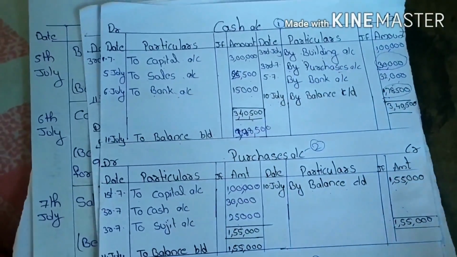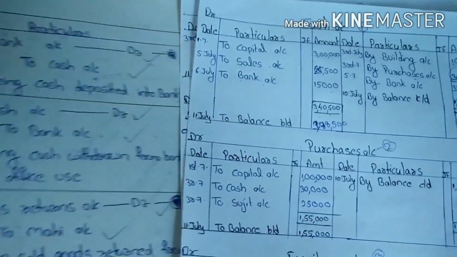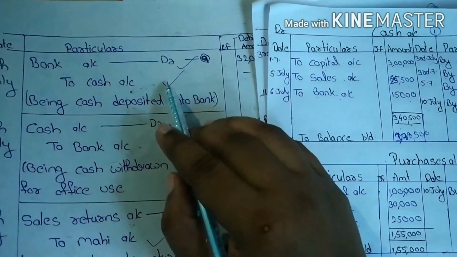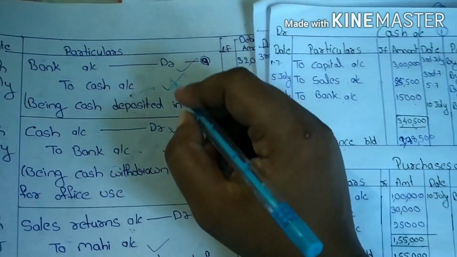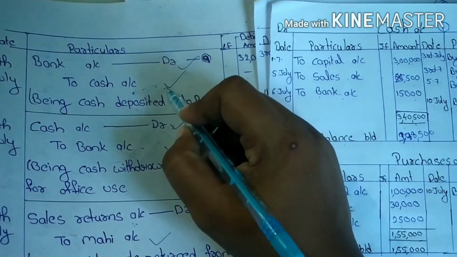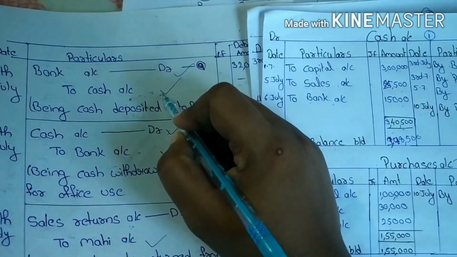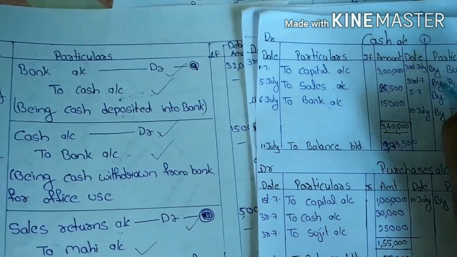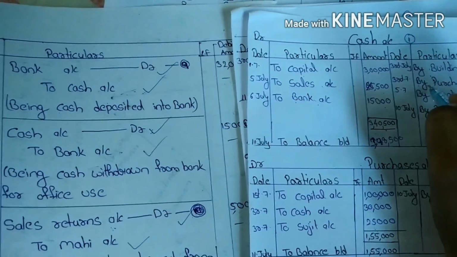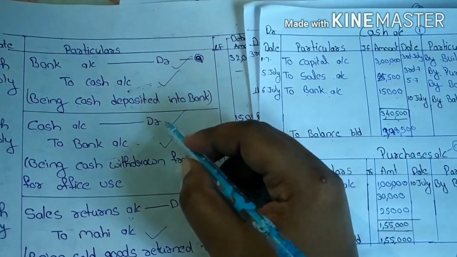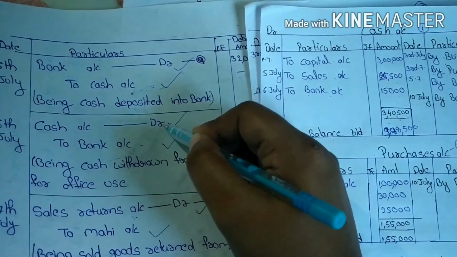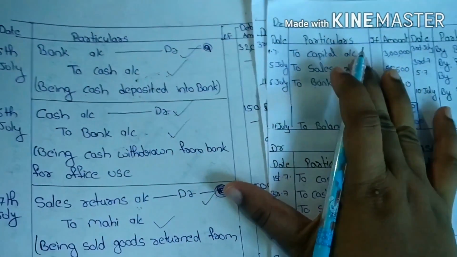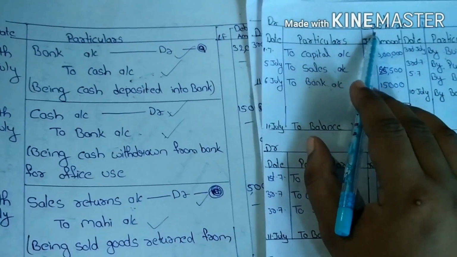See, there is a simple logic while preparing the accounts in ledger. For suppose you are preparing cash account, right? If the cash account is on credit side, the opposite element should be mentioned on credit side. For suppose if the element should be in debit side, the opposite element should be mentioned on debit side. That's it. Okay. Here you maintain the cash account.